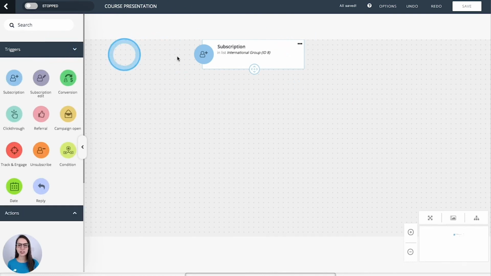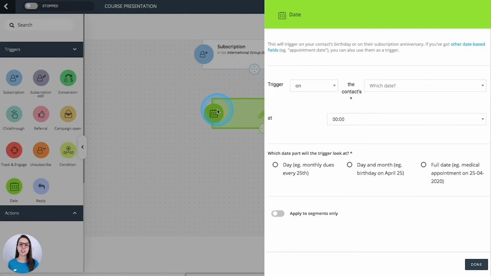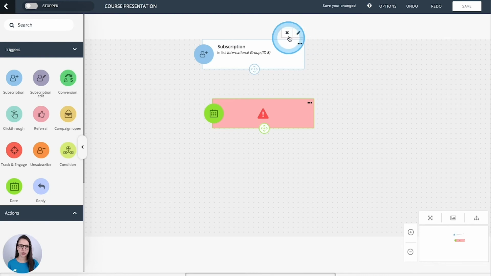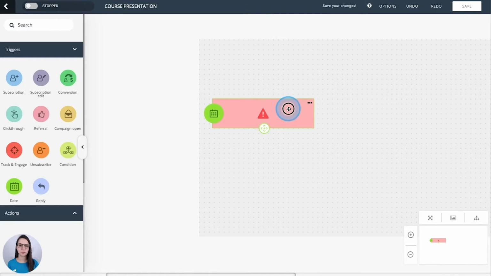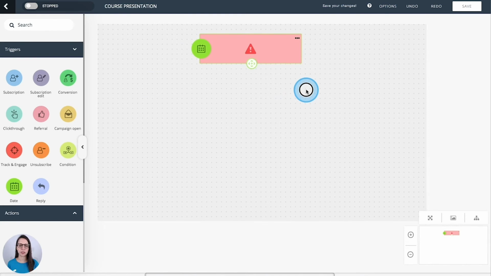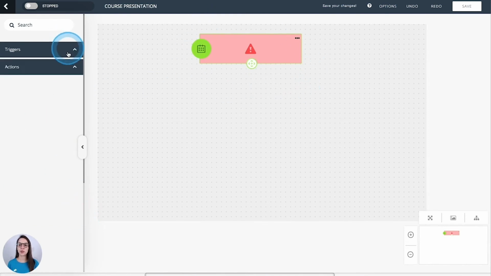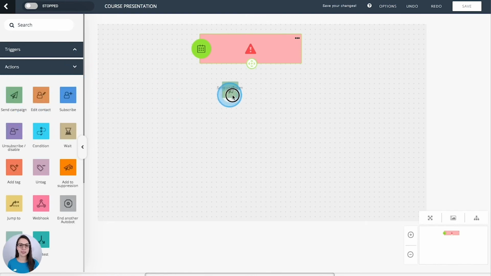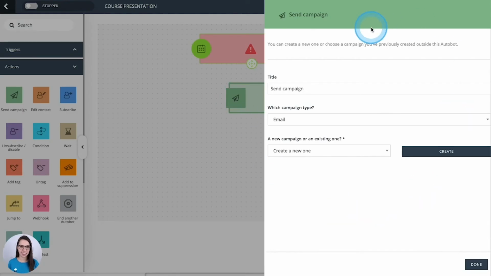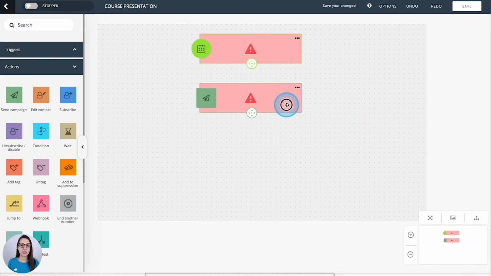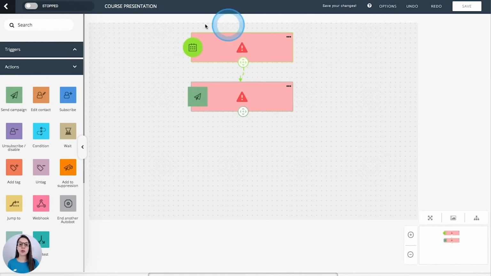And actually, I don't want to start with a subscription. I want to start on a specific date. Okay, so I'm going to delete this one, and I will use the date trigger. As you can see, you only have to drag, drop, then edit the step or the trigger, save it, and then connect the dots. It's quite easy. So I want to start my workflow on a specific date, and the first step will be